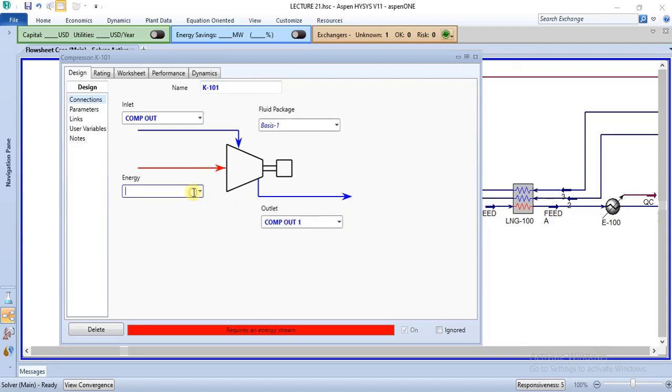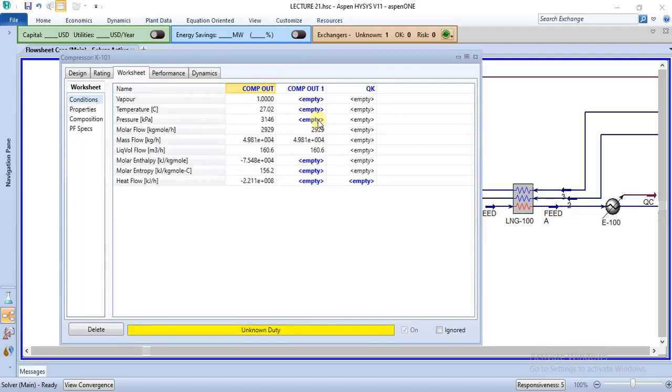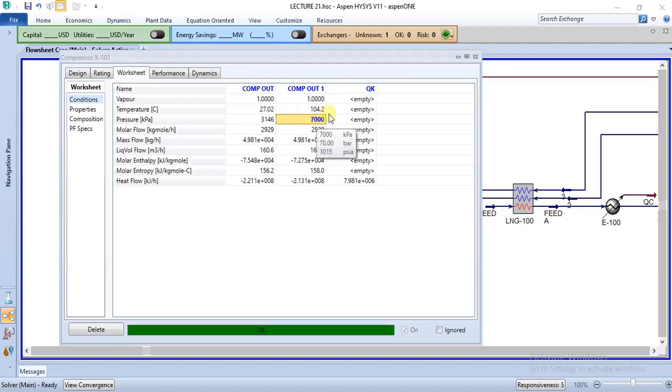Enter. Then this can be QK, right? So all we need to do is specify outlet pressure, and this should solve. Specify outlet pressure, right? So we are good. So the process has solved, and we have been able to further compress our outlet product to 7,000 kPa, right? The pressure has been increased to 7,000 kPa,